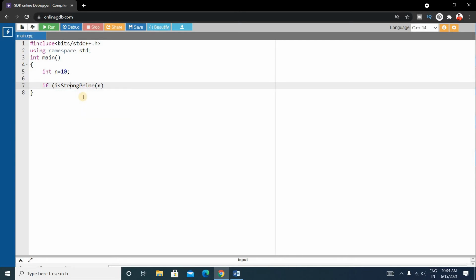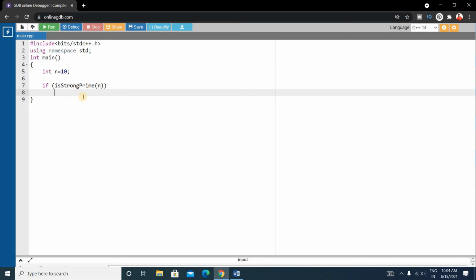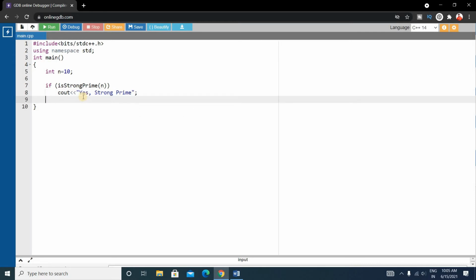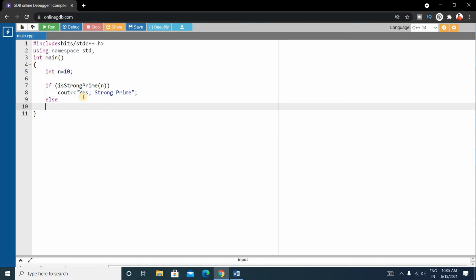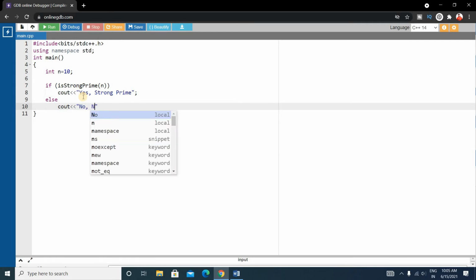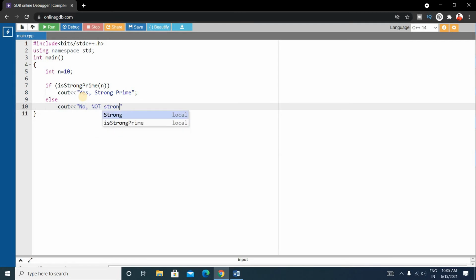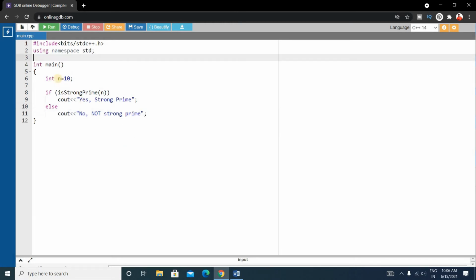So if isStrongPrime, that is if this is true, then we'll cout yes, else we'll cout no, not strong prime. Okay, this is the main function, and before this main function we'll write this function, and the return type will